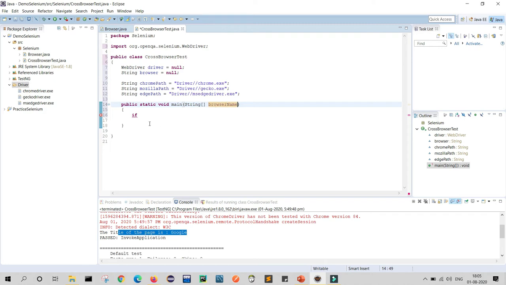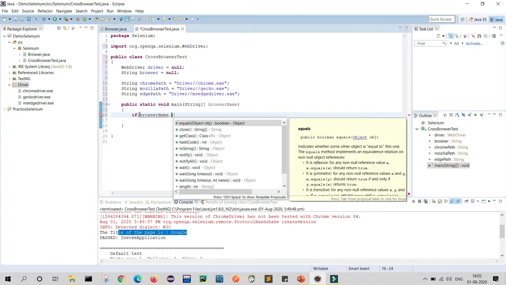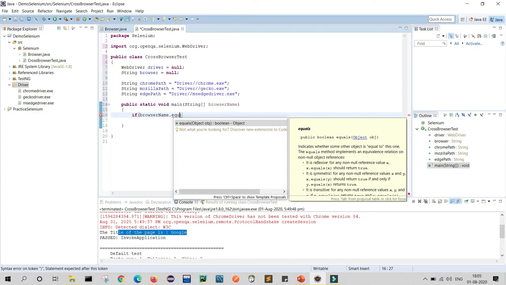And we will call this browser name here. If this browser name, this argument equals ignore case.